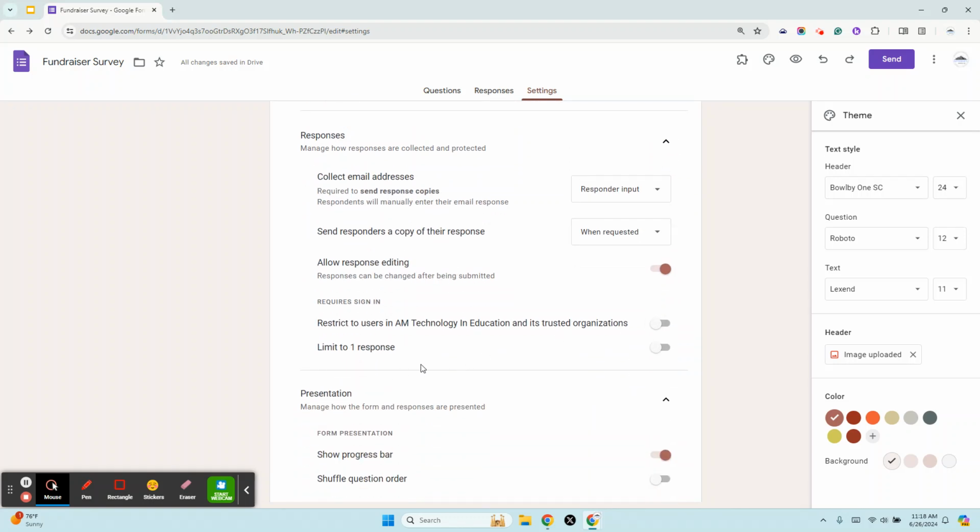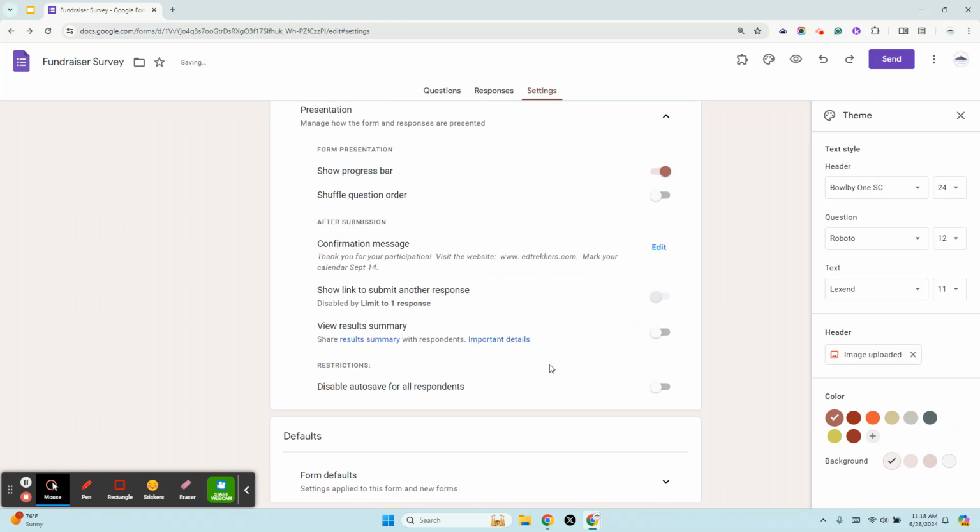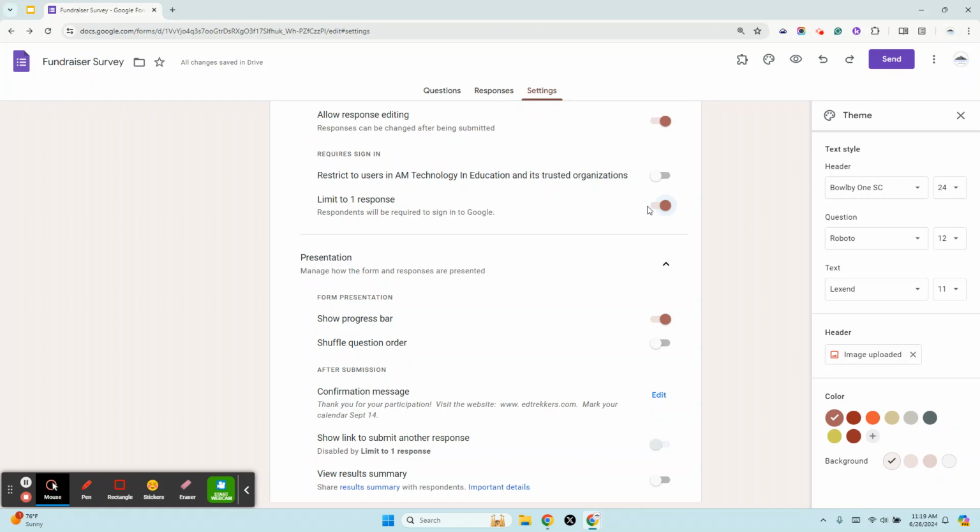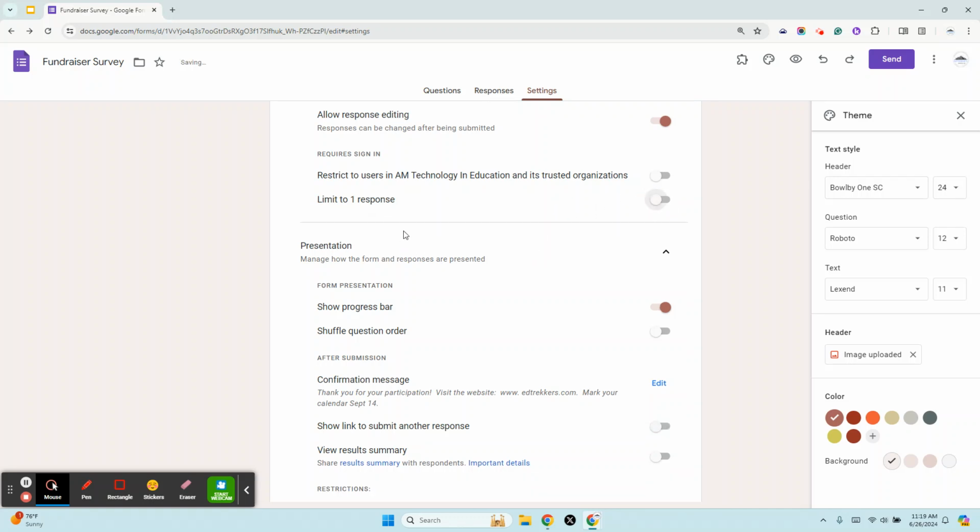we turned off limit to one response because we're going to test out our survey several times. And if you turn this on and test it out once, then when you go to test it out again, it'll say, no, you've already taken this survey. The thing is, if you are going to want to limit it to one response after you test it out, you're going to want to come back and turn this on. But in this case, we have it turned off. Now, when I turned it on, by default, the show link to submit another response was also turned off. But I'm going to keep it on because in the next video, we're going to test out our survey several